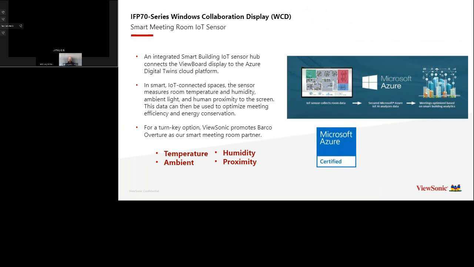So working with Azure as well, this is just how IoT sensors collect the room data and send it directly to Azure, where you can see how often a room is being used and whether it has been cleaned. It gives you the ability to see not only the temperature, as you see here, but the humidity as well, in the room sensor capability. And Jeff, I know you were talking a little bit about the case study, so please feel free to jump right back in. For sure.